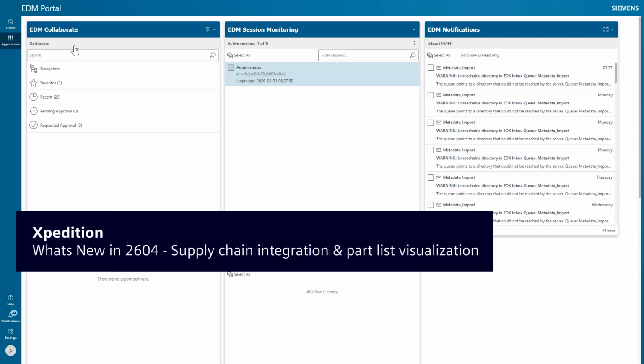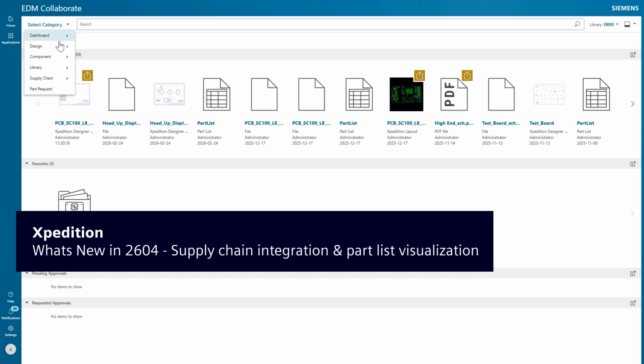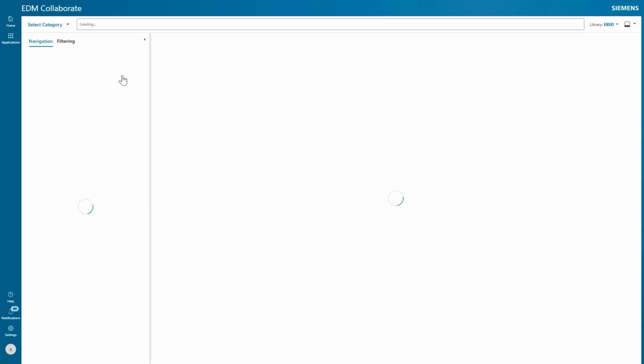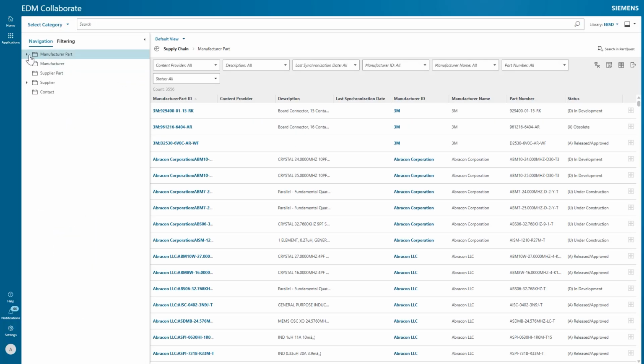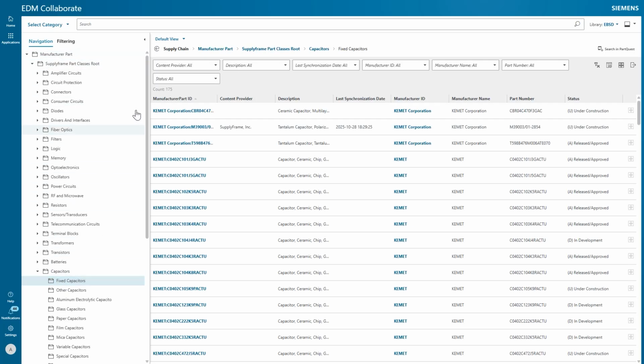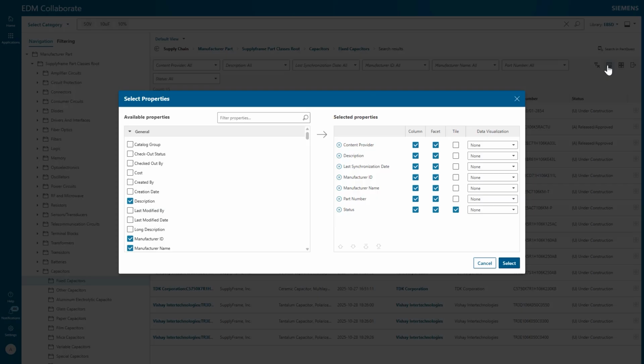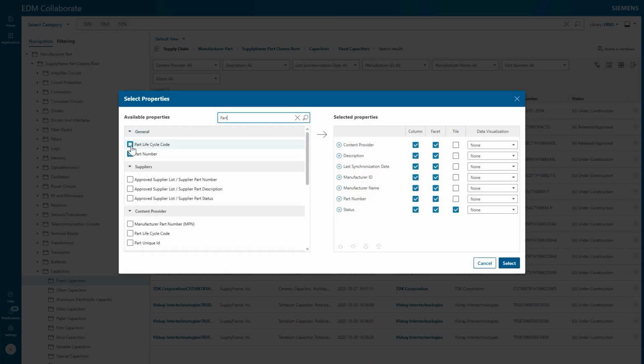New to the 2604 release, EDM Supply Chain Integration is enhanced to allow users to extend their typical search capabilities in EDM Collaborate to PartQuest Portal, providing immediate access to rich manufacturer part metadata as well as up-to-date supply chain information. Using the robust Supplyframe data model integrated into EDM Supply Chain, a user can search based on a set of properties in EDM Collaborate only to find that there is a limited set of active manufacturer part numbers in